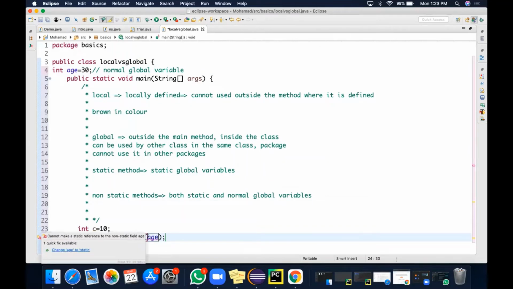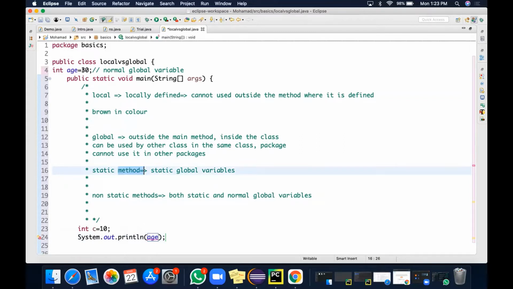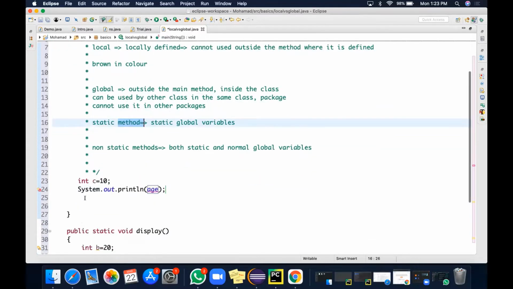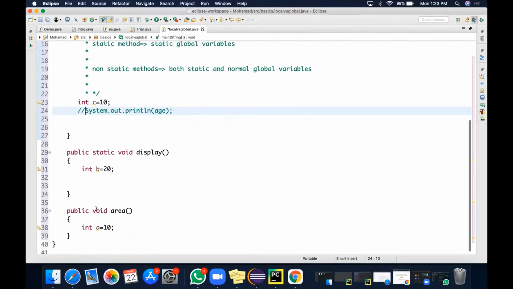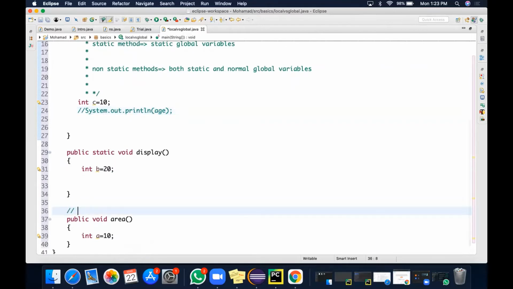The issue is, change age to static. I told you, right? Static methods will accept only static global variables, but this age is not a static global variable. So I have an issue. It's normal. But when I try it in the non-static method, here, this is a non-static method, right? So if it is a non-static method, it will accept